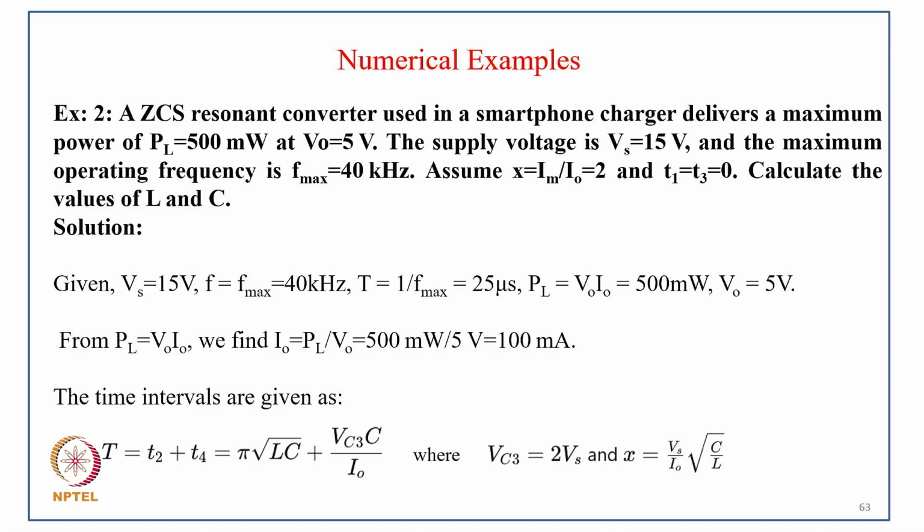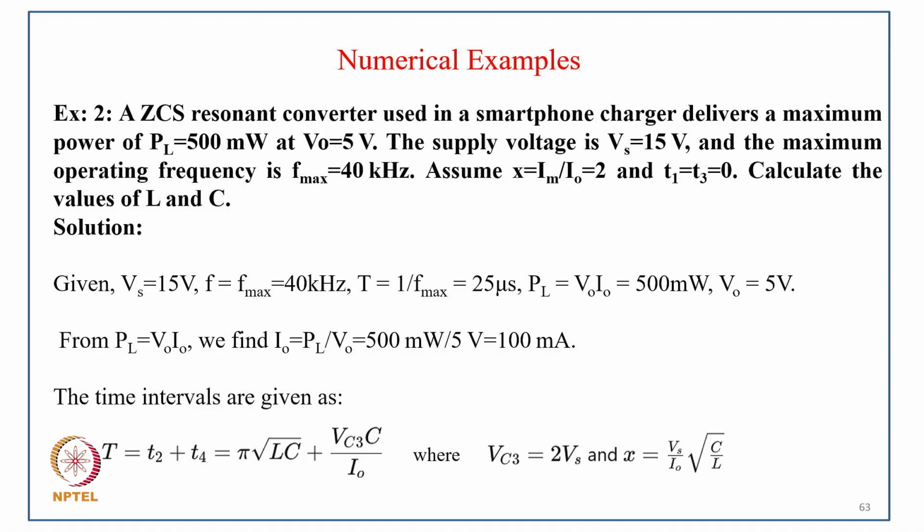Assume X equal to Im upon I0 equal to 2 and T1 equal to T3 equal to 0. Calculate the value of C. So given for solution: Vs equal to 15 volt, F equal to F max 40 kilohertz and T equal to 1 upon F max, that is 25 microsecond, and PL equal to V0 I0, that is 500 milliwatt, and V0 is